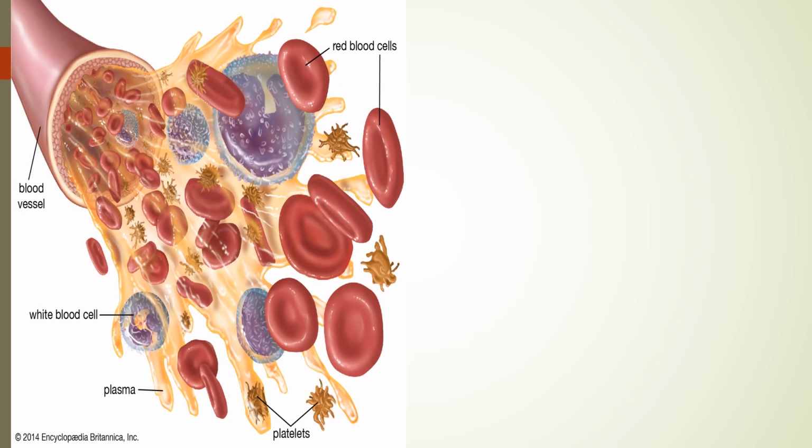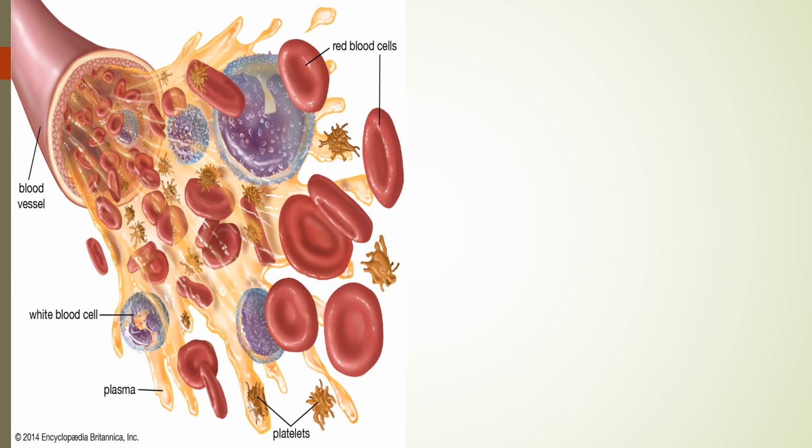Now this is a slide which shows a blood vessel and the constituents of blood. As you can see, the blood vessel contains a pale, off-white liquid which is called plasma, and in this plasma all the blood cells float. These tubes, these blood vessels, which are arteries or veins, transport the blood throughout the body. In the plasma are floating the blood cells. The blood cells are red blood cells which are shown by red color.